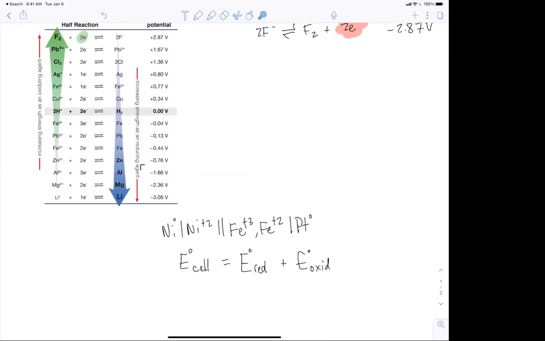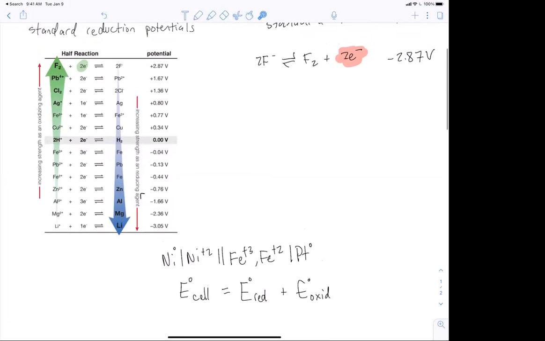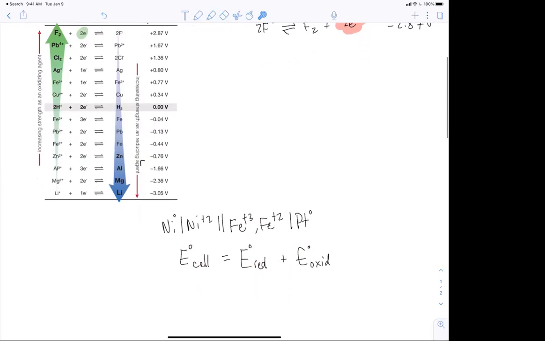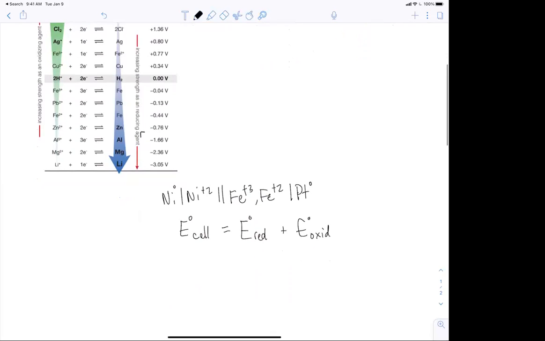And so this equation's nice. I like this one. The other one you can use is E cathode minus E anode. But I like this one because it sort of gets at what we're talking about up here, which is the total potential, or the total voltage, on the cell. You take the reduction half reaction and the voltage associated with that, and then you take the oxidation half reaction, which here would be iron 3 going to iron 2, and the voltage associated with that, and you add them together. So what we're looking at here is we're saying, okay, nickel,